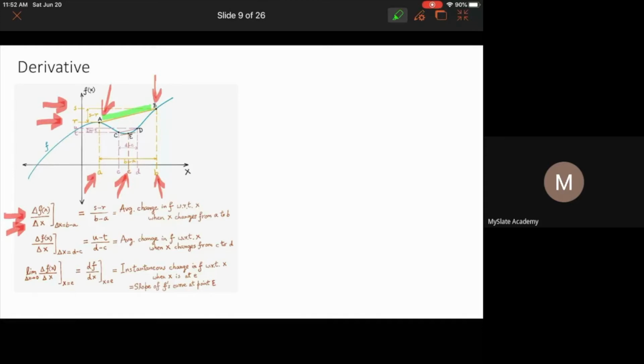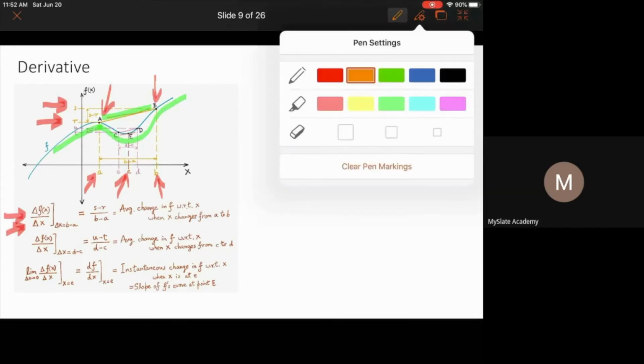Now, this would be a rather crude approximation to calculating the rate of change of f with respect to x when x is at e, right? Why would it be a crude approximation? Because we can see here that f is changing. It's a curved function, right? It's not a straight line. So we are not sure whether at point E, the rate of change of f with respect to x would be the same as the slope of this line segment AB, right? We're not sure of that, and therefore a better approximation would be...